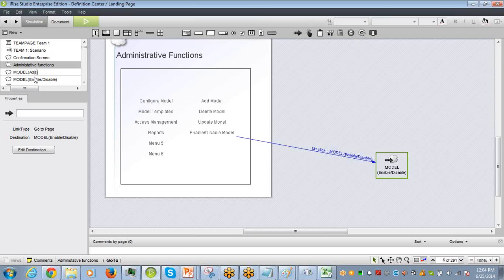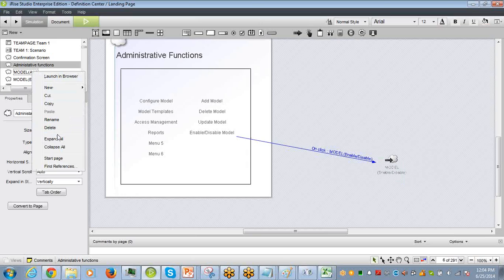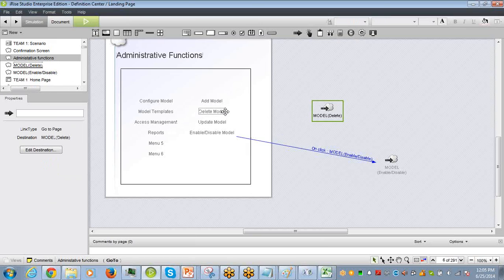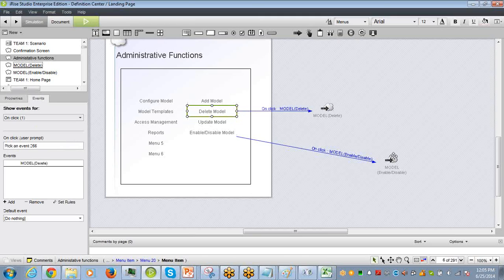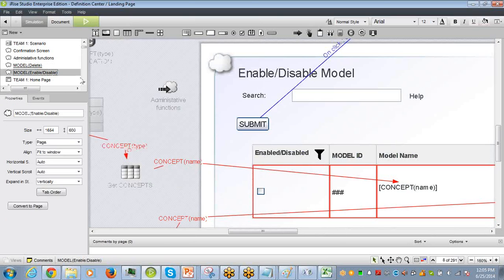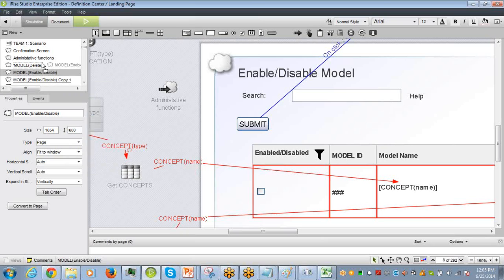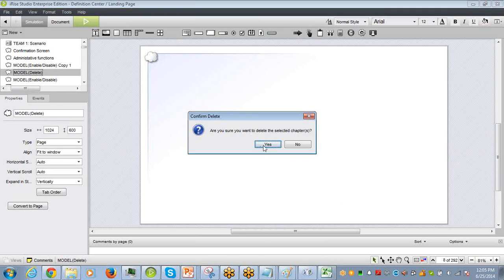Okay, so let's now look at delete model. I'll come to add model and update model. Very similar screen to disable model. We'll have to make some enable disable model. Do we give any description? I'm going to make a duplicate version. So you're saying it'd be best just to start with a copy of enable, disable, and then